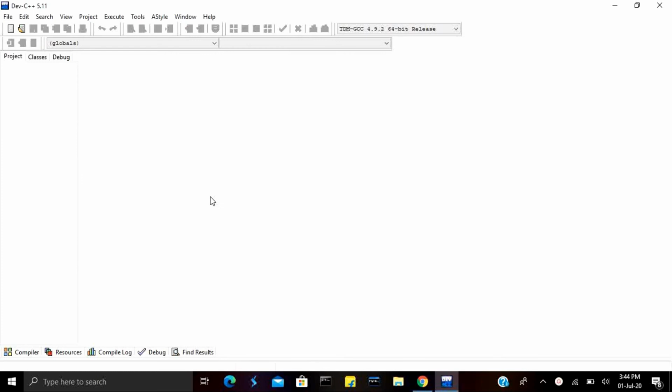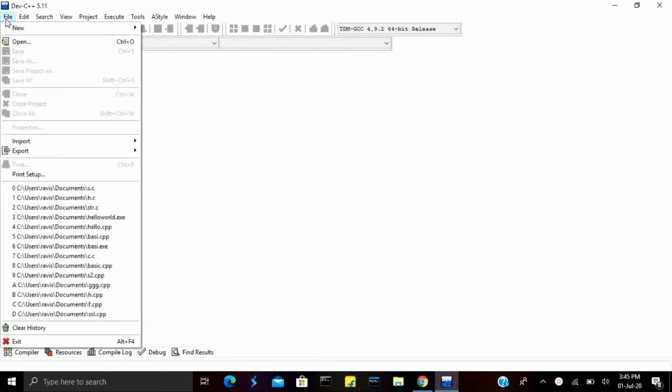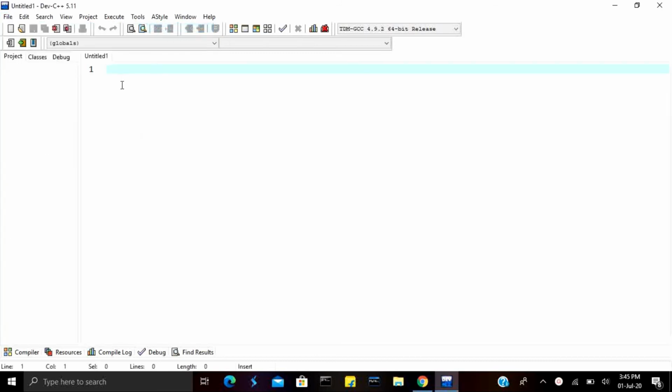Okay. So now I'll practically show you how to print hello world in C. Here I'm using Dev C++. You can also use Turbo C++, or you can do it in Visual Studio Code. First, to create a file we need to go to File, click New, Source File. Here we need to write the code. First I'll write #include stdio.h, then main. So this is our main function. Now here I'll print hello world.